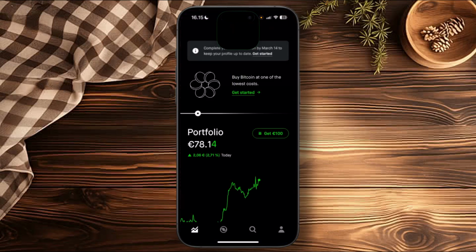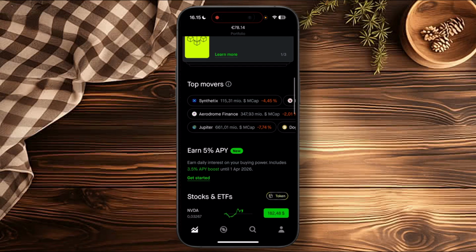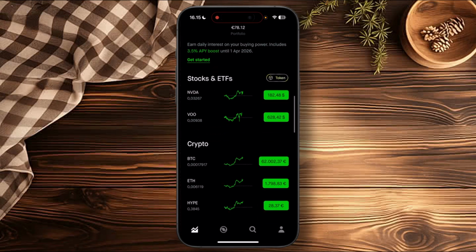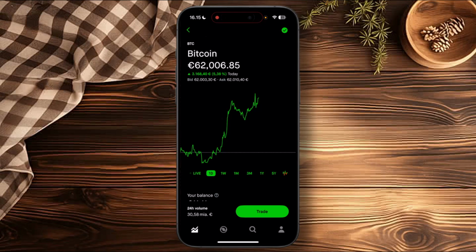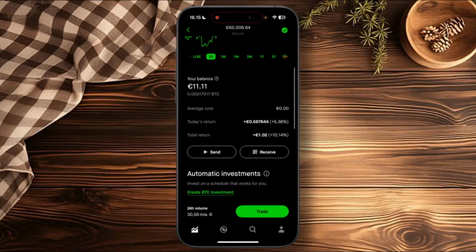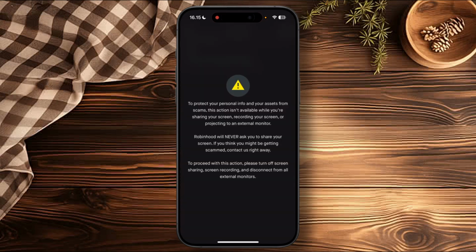Once you get inside of Robinhood, it should look something like this, where you'll be able to scroll down and then find BTC, Bitcoin, or any other cryptocurrencies that you want to send to one of your friends or a client or any other people. From here, you'll just need to scroll down under your balance and then see send right here. Once you get inside of here, you'll need to add in your wallet address that you want to send the